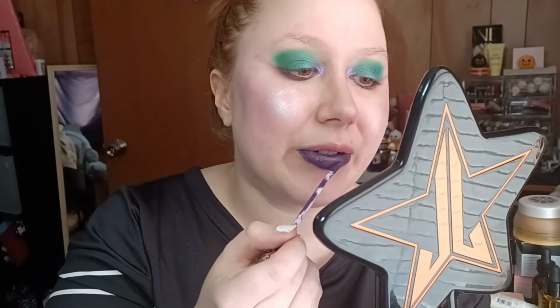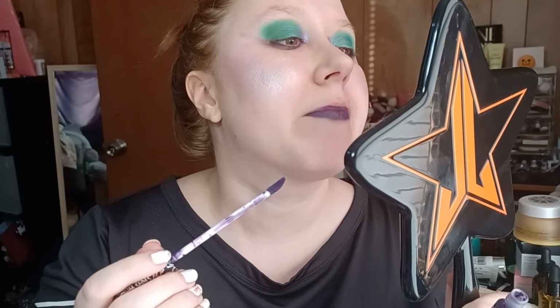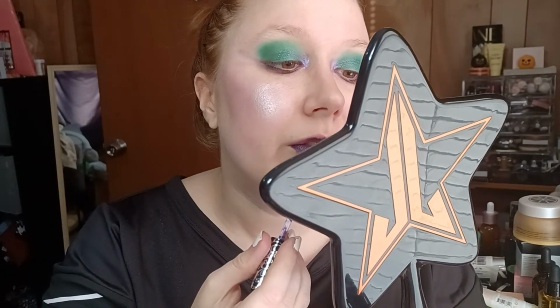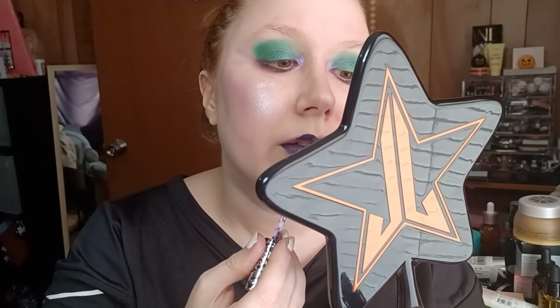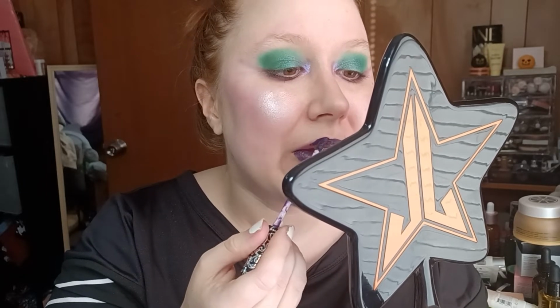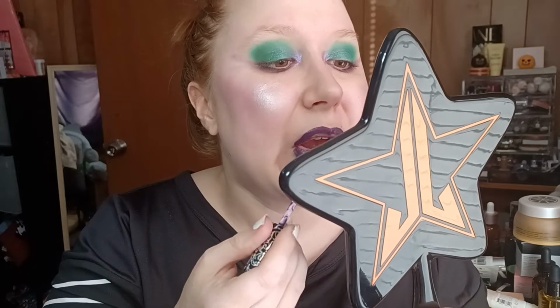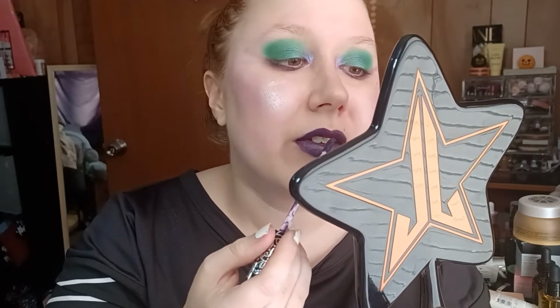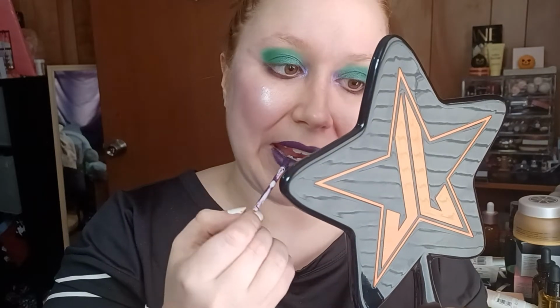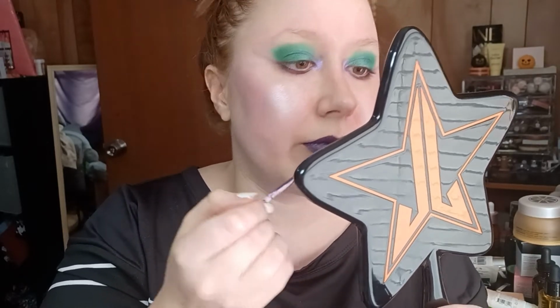This one, if you go back and forth, doesn't get quite as patchy as the black does. So that's a plus, but you do need to dip back in. At least I do. Okay, so now I'm going to take what's left on the other side